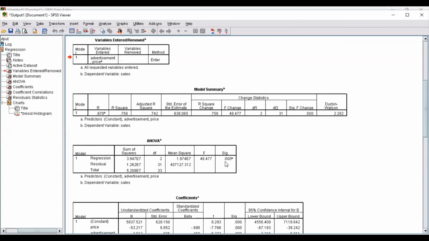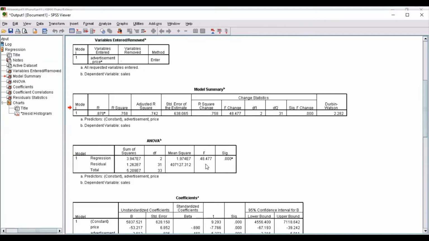If the probability value of F statistics is less than, suppose, alpha 5% level of significance, as you can see, this value is less than 5%, then the entire model is significant. So this F statistics value shows us the significance of the entire model instead of each variable.